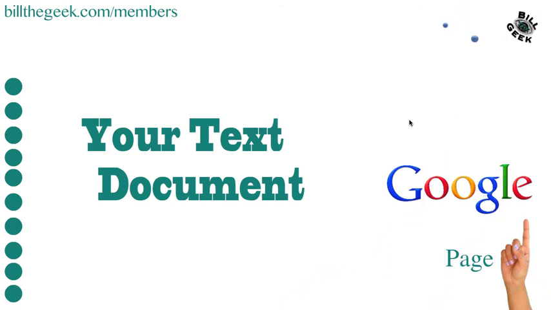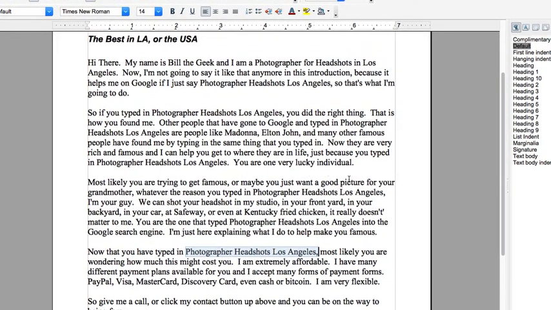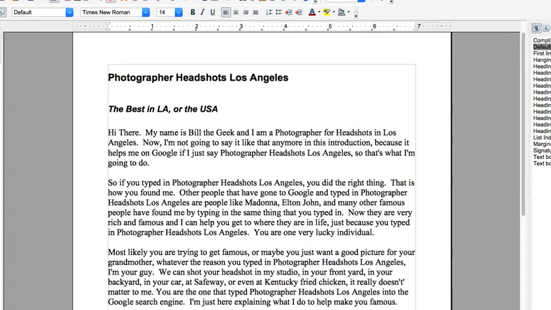So let's go into a document here. We're just going to pop right over here. And I use OpenOffice, which is free, no money, but Word is wonderful. And I always type all of my web stuff in OpenOffice or Word because you can go in there and spell check. I spell terribly, but I can go in there and spell check and all the wonderful things that you need to do in a word processing system. Then I'm going to say, if you really want to get down to it, I copy it, then I paste it